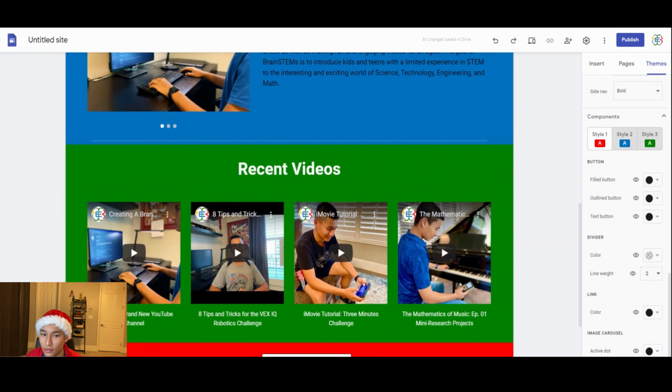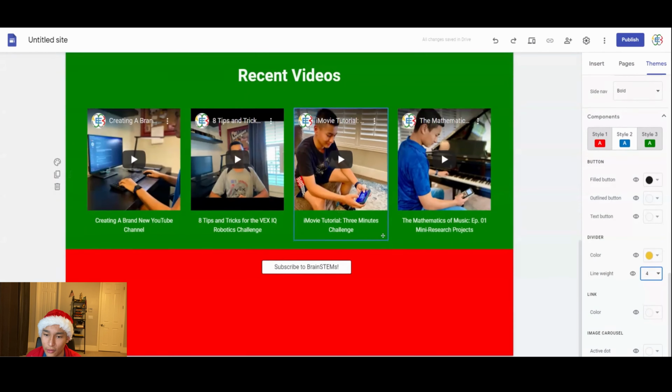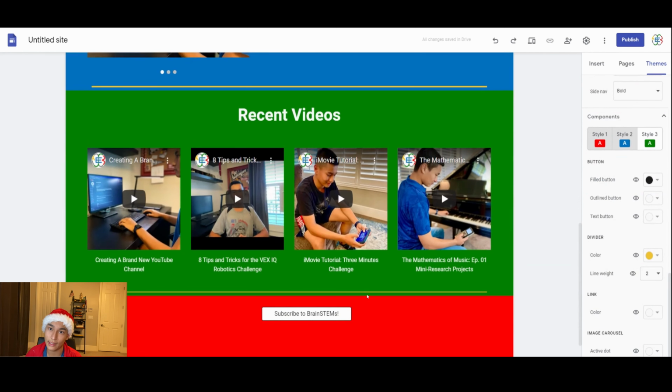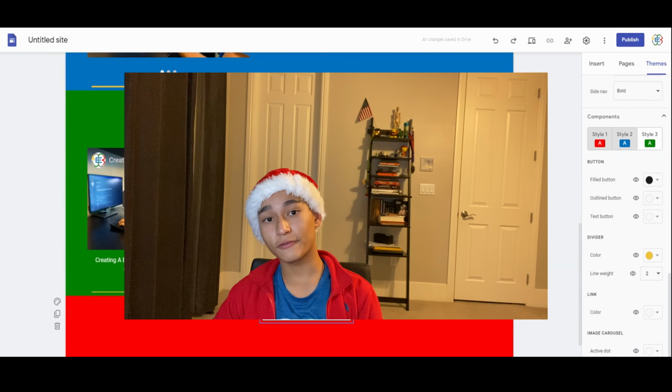So let's go ahead over to style 2, which is our blue section. Change the divider color to yellow. And we're going to create the line weight to 4. So that's going to make it a little bit thicker. Nice. Going back to the whole button thing, there is actually an easier way to make a button for YouTube